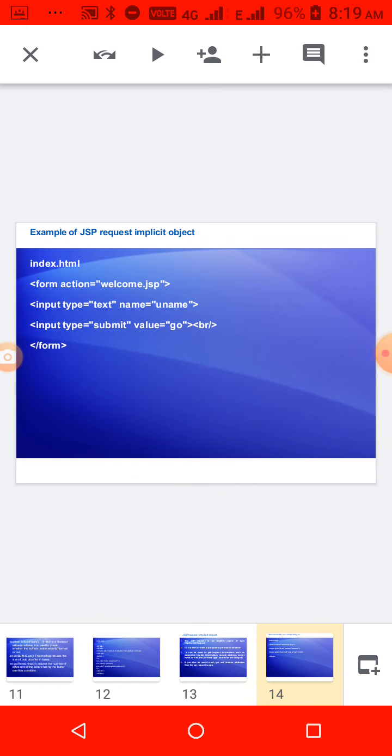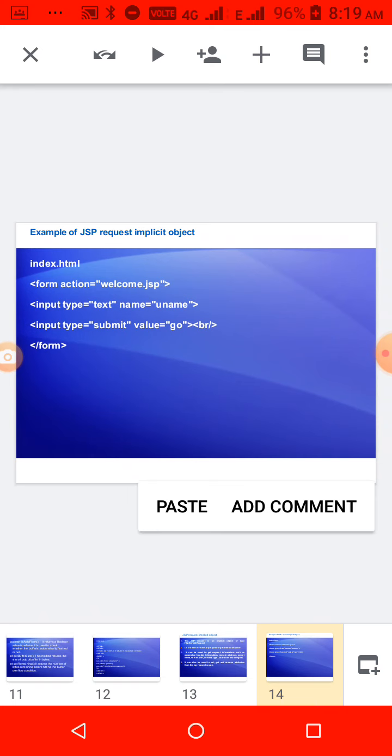That is a design page. Like in HTML how you create a design, same like this here also you have to create. And then you go to the web page, right click and then click on new JSP. In that JSP file you write the JSP coding, and in that index.html you create the design using HTML commands.